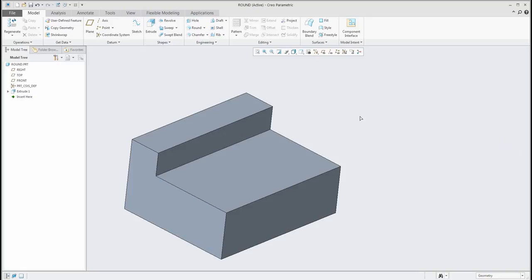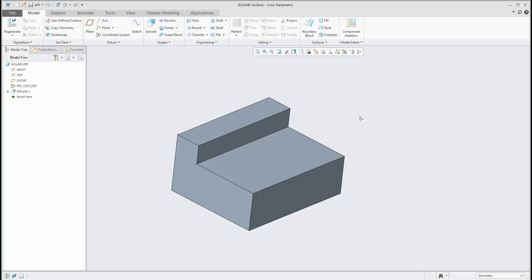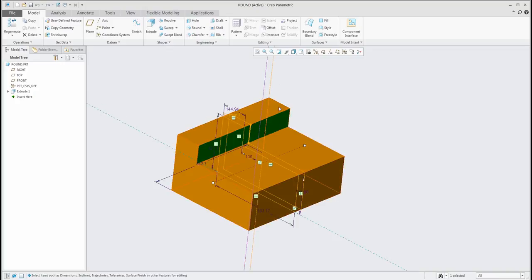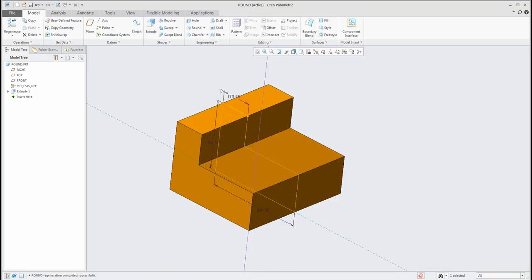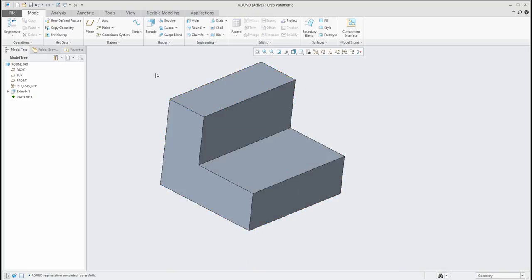We can go back and delete these examples, and I'd like to show you how you can create the full round feature. I will change the shape again a little bit, and something bigger. Okay,